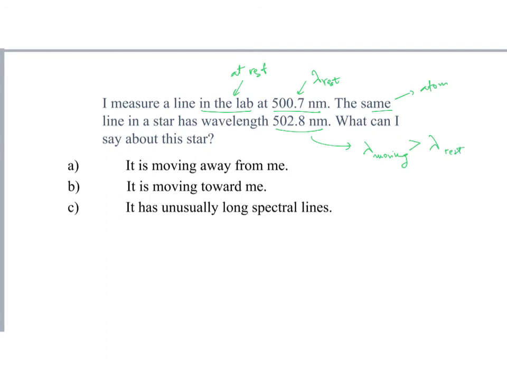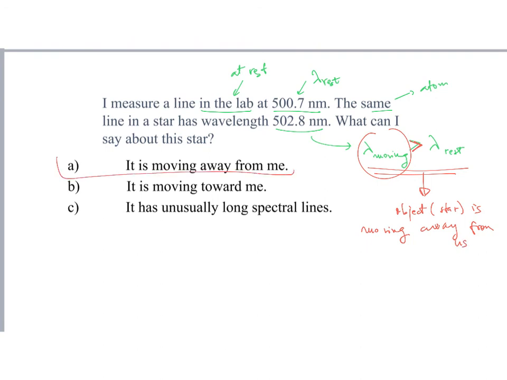So what can I say about this star? I already see, because of this observation, that the star is moving along the line of sight, but because this is larger, it's moving away from us. So the correct answer would be in this case